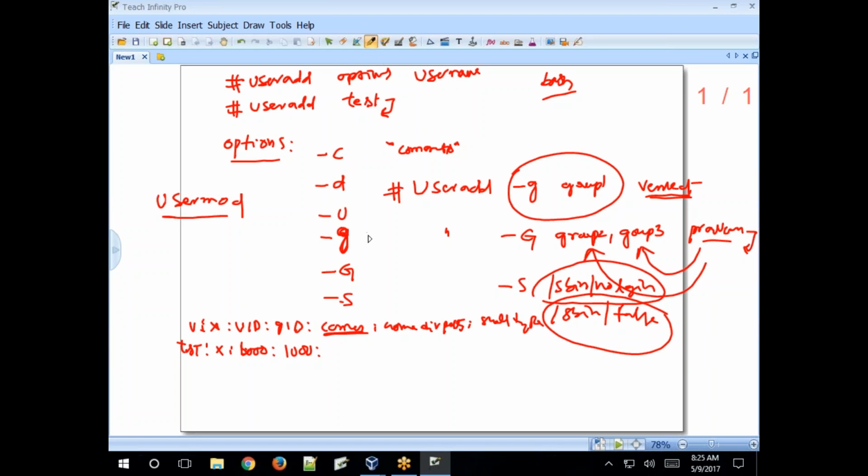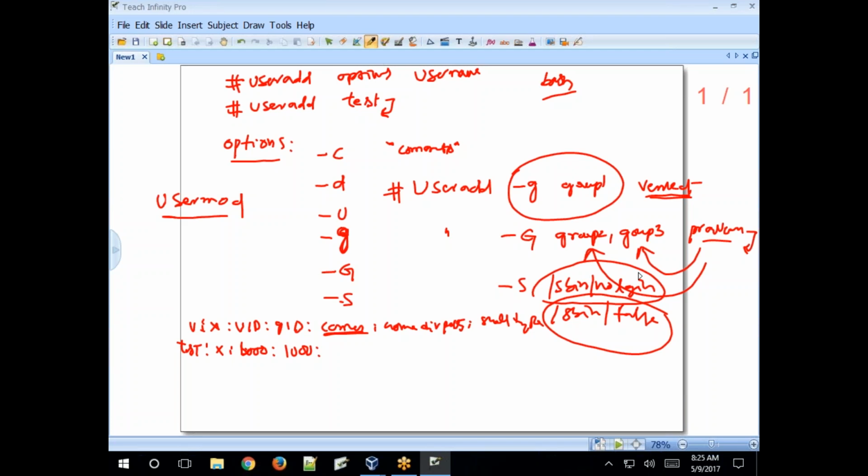With -g, if you want to change the user's primary group instead of using the existing group, specify usermod -g, the group name, then the existing username. Now the group name you specified acts as the primary group for the existing user. If you want to add an existing user into multiple additional groups, use usermod -G, the group names, and the existing username.